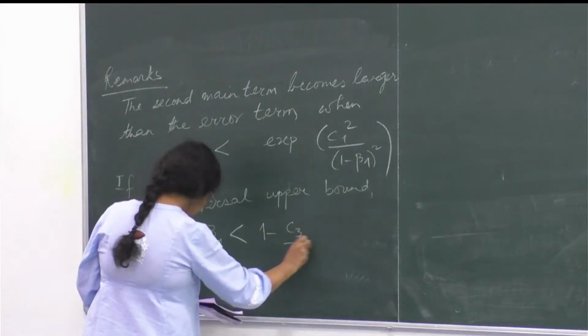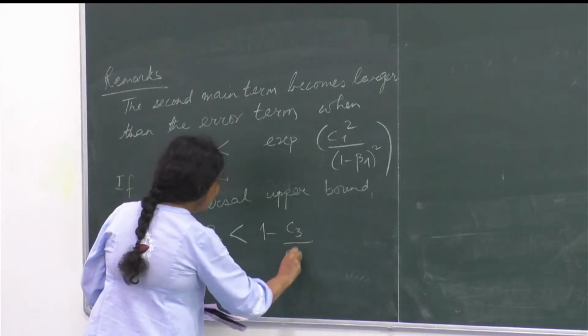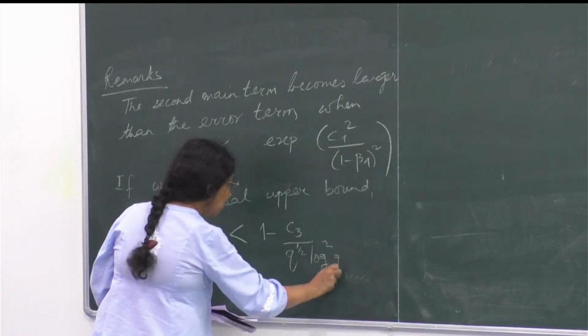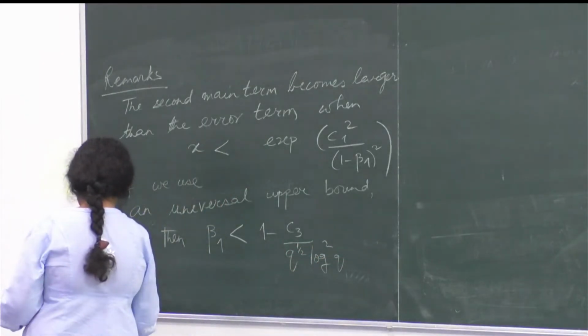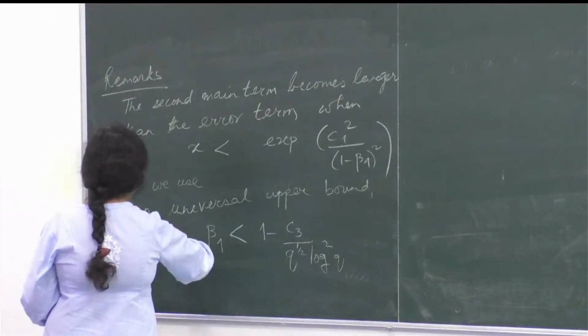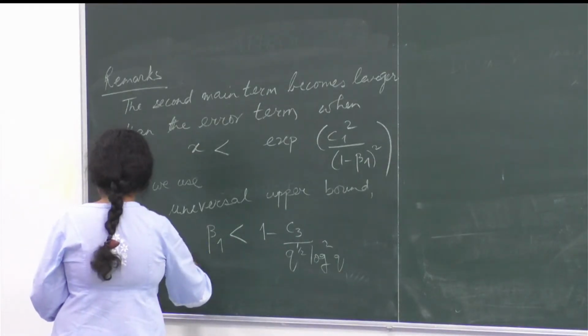Some constant over q to the power half log squared q, bound beta 1 less than this. Then